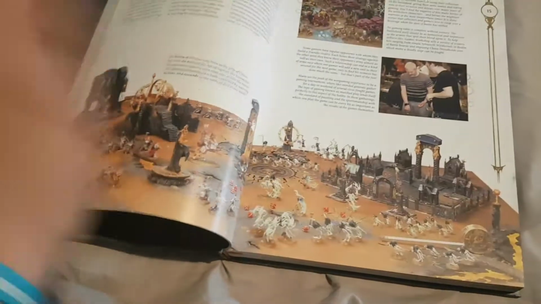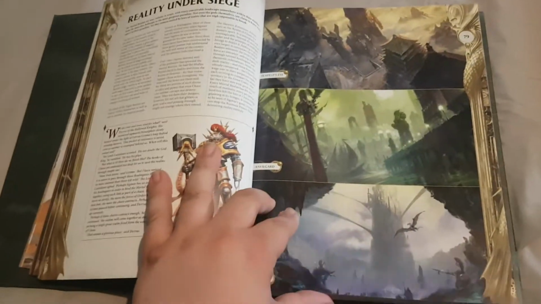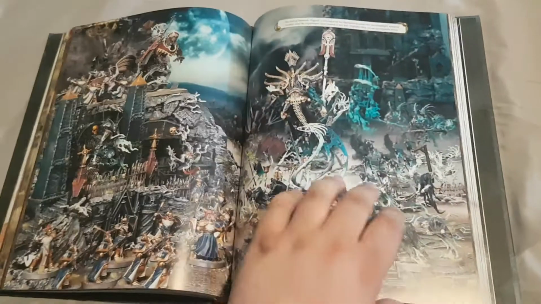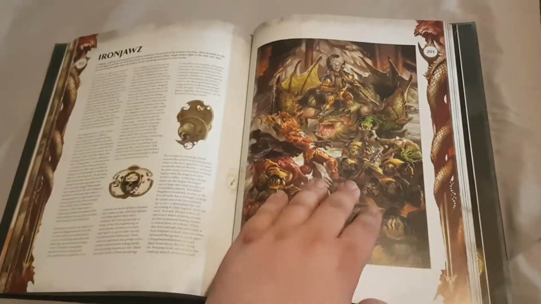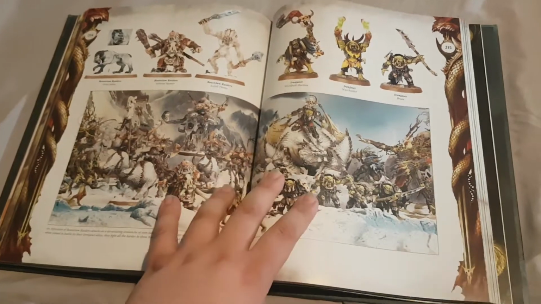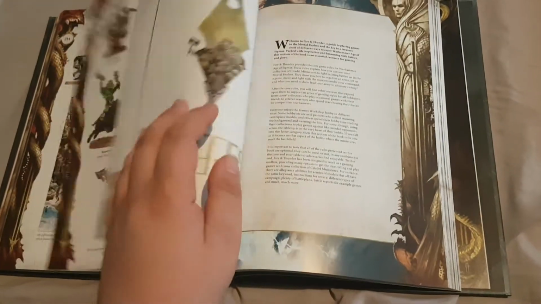This isn't a review of the book, so I'm not going to go into too much detail. I'll put out a separate video for that. But all of this is some fantastic pictures, artwork, and summaries of different factions. It's really everything you need to know about the different factions and the world and the lore and everything. And then you get to